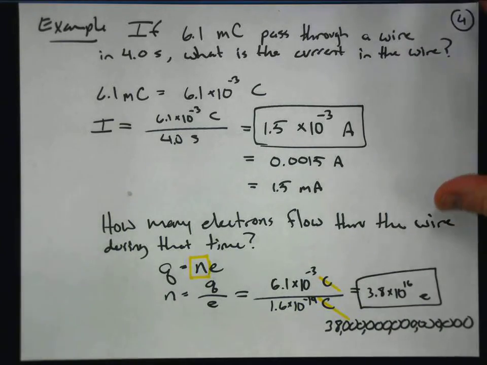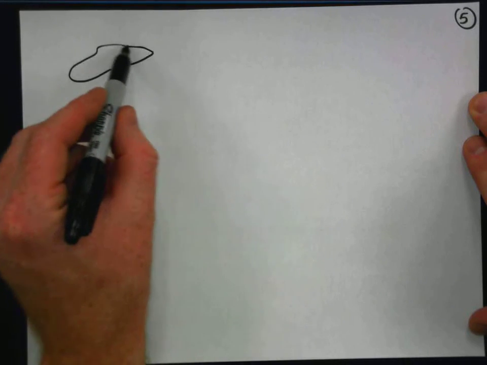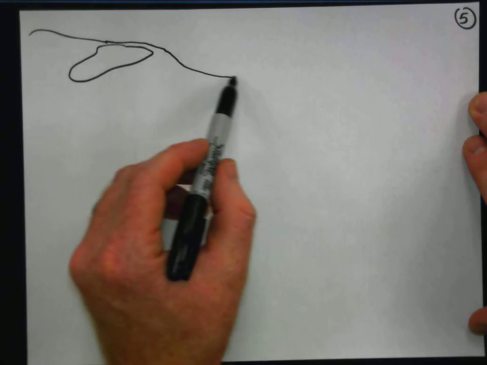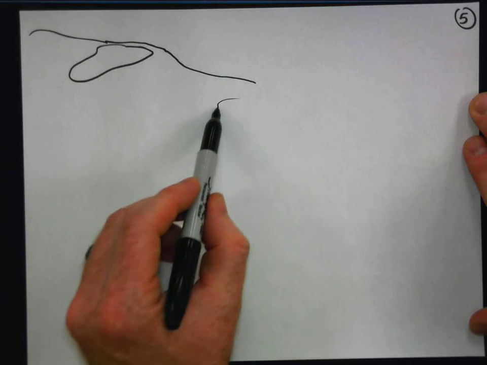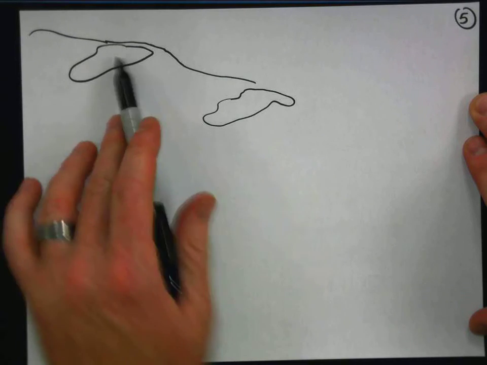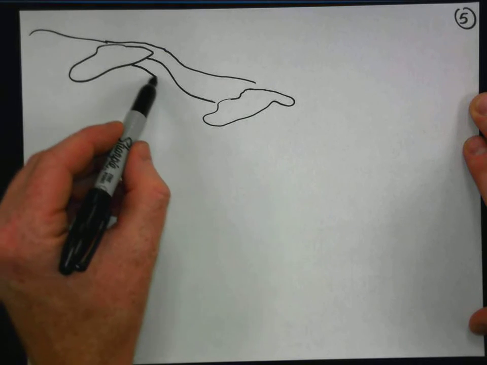Okay, there are a few other things that you need to know about electric current. So we're going to wrap this up with just a few more ideas. Just like water flowing, water will flow as long as there's a gravitational potential difference. So think of a lake somewhere, and the lake's on a hillside. And there's another lake down here maybe, right? Well, there's a height difference between the two lakes, and if it's allowed to, won't water flow down along a river